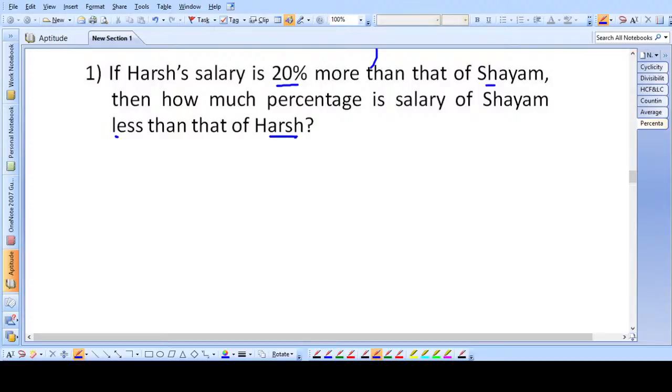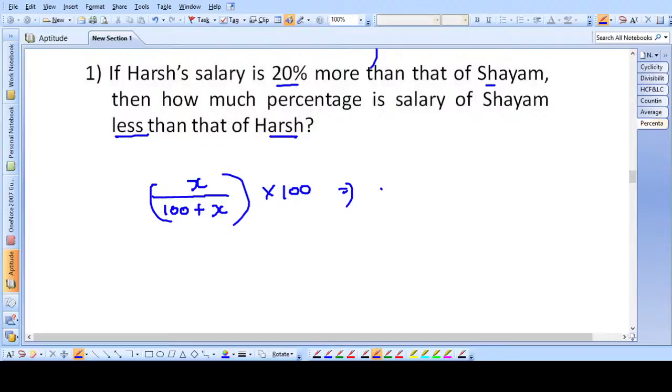Okay, first it's asking lesser. So what will we put in the denominator? Firstly, we will increase the denominator in order to reduce. Suppose let's take it as x. So x by this into 100. Okay, simple as that. Now you get the concept.